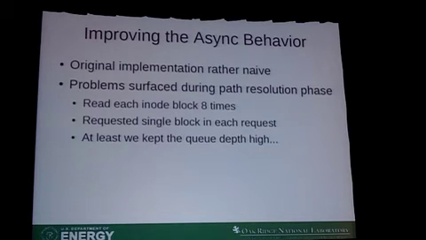I started with a linked list, and well, that doesn't really work out that well if you're iterating over a couple 100,000 entries in your linked list to find where to insert the next one. So each inode block I'd read it 8 times. So that's kind of a problem when you go from reading 500 or 166 million inodes again. You end up reading 800 inodes. That kind of sucks. We would only read 1 block in each request.